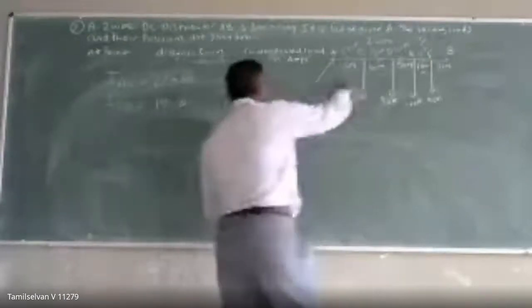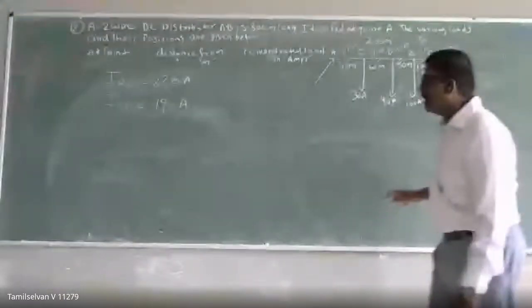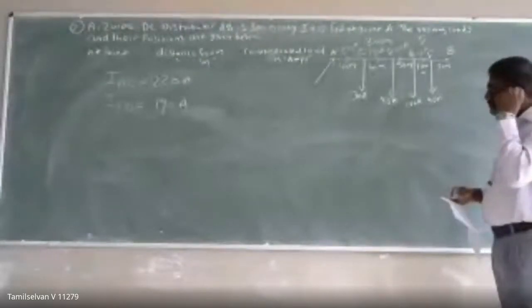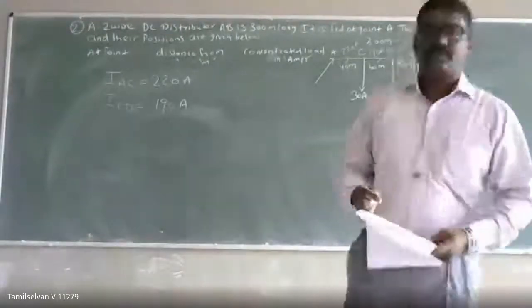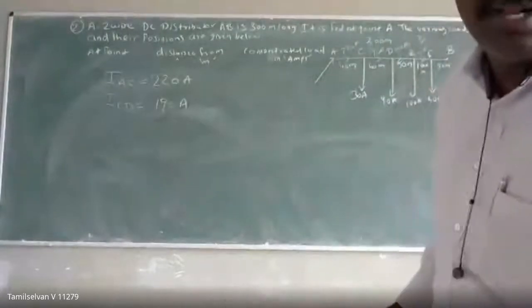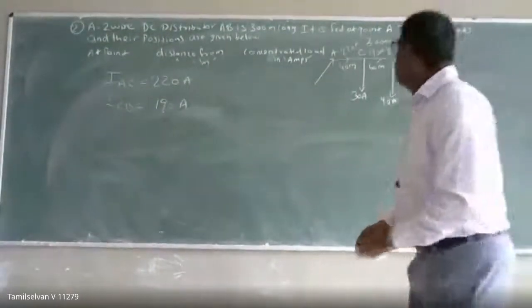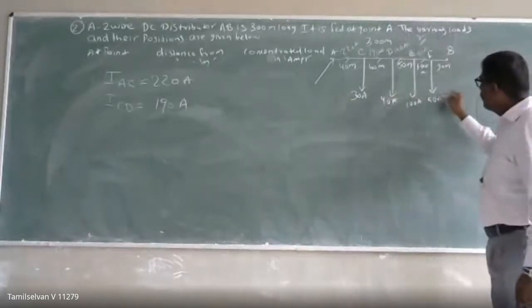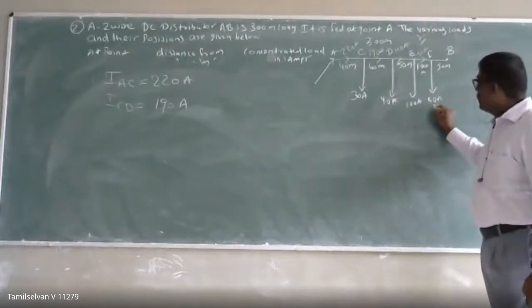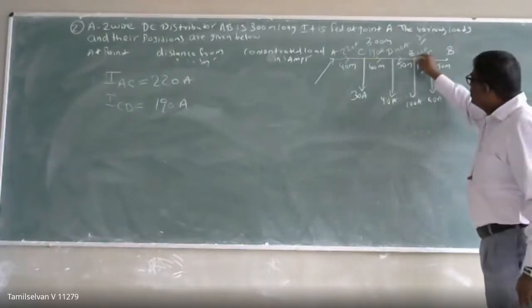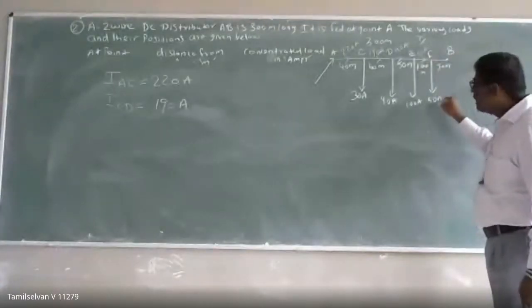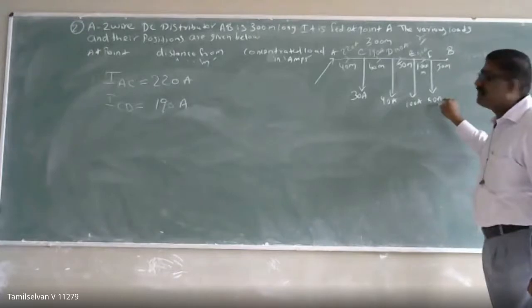Okay. So how I wrote this current value is nothing but from the last feeding point. I have taken it from the last feeding point, which is taking a current of 50 ampere. The load current is going to be 50 ampere. It means this is a node point. From this node point, if 50 ampere of current comes, then only the load can take a current of 50 ampere.